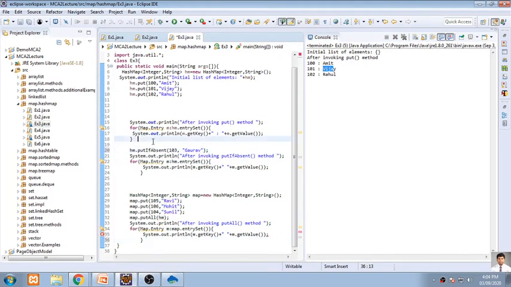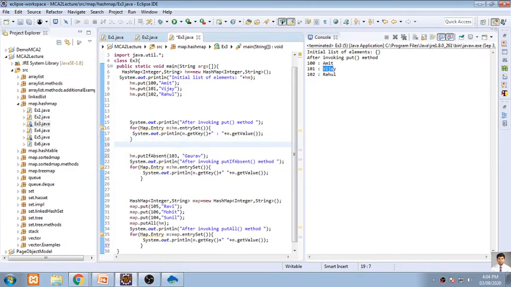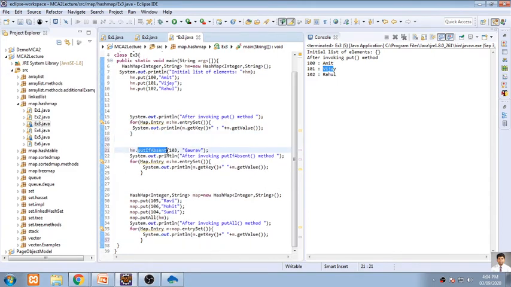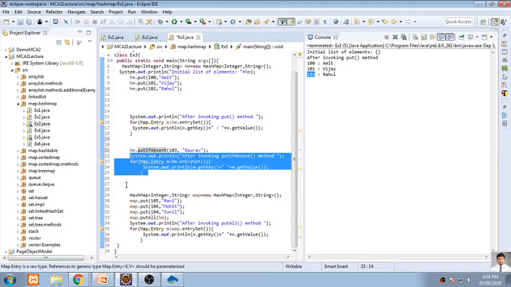Now we are doing some business logic over here. We are using one more function called putIfAbsent. PutIfAbsent means what? It will check for the key 103, whether 103 is present among 100, 101, and 102. Only 100, 101, 102 are there. 103 is not there. So it doesn't haphazardly add elements; 103 is absent, so it will be added with the value Gaurav, and after that I will be displaying this part.